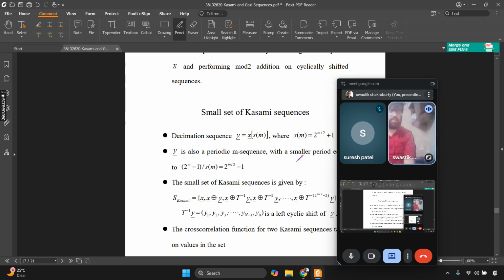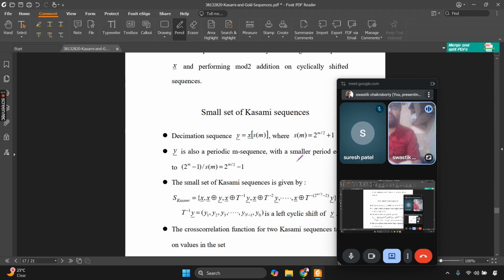Decimation basically means, like in Roman times, as a punishment for the enemy soldiers when they were captured, the captors, those who had won, used to kill every 10th enemy soldier. So if there are 100 soldiers in a battalion, they will kill every 10th and spare the rest 90. So that was decimation by 10. Now here decimation is a general term. It means deleting every element after a certain period. Decimation by 2 means deleting every second element. Decimation by 3 means deleting every third element.